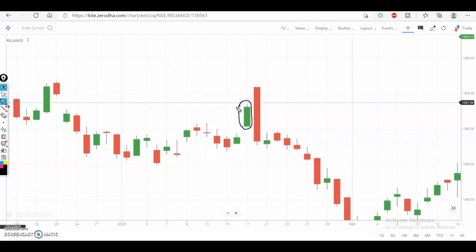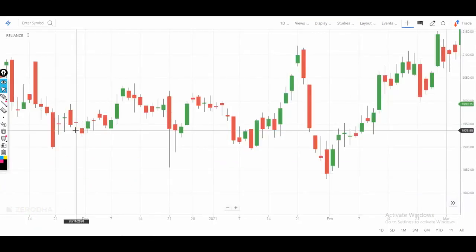As we have discussed, according to the rule, the first candle must be a green candle and the second candle must be a red candle, right? And the second candle, which is red, must fully engulf the previous green candle, which, as you can see right here, it does. So friends, we have cleared the concept of the bullish engulfing pattern as well as the bearish engulfing pattern,